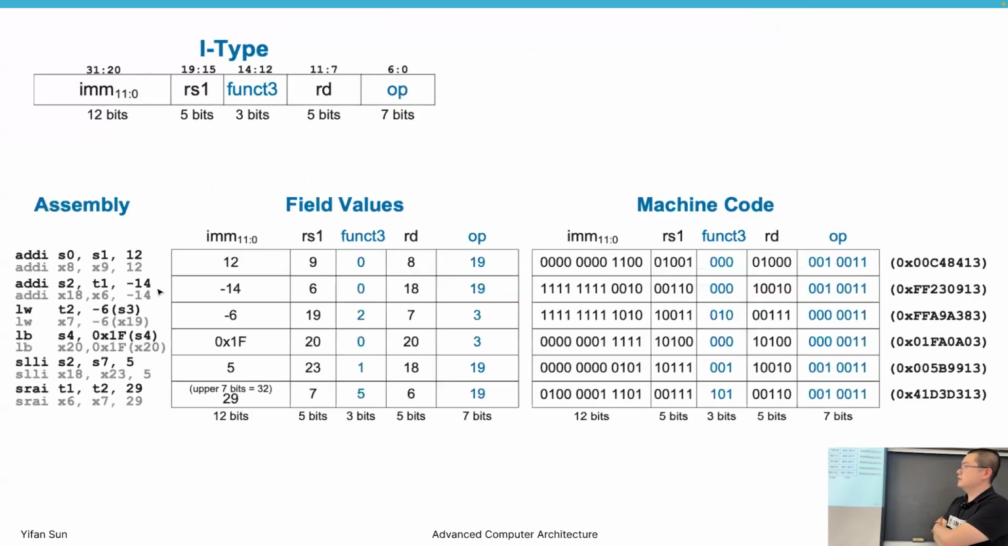Then let's move on to see other types, the I type. I stands for immediate, so the big part is occupied by a 12-bit immediate number. In this immediate number, you actually need to look at what the immediate represents. Most of the time, the immediate number is just two's complement encoding. So we can write a negative number, a positive number, or a hex number. Then the decoder